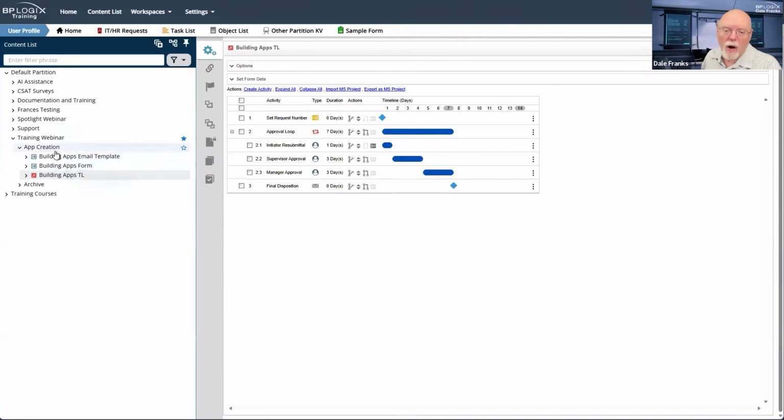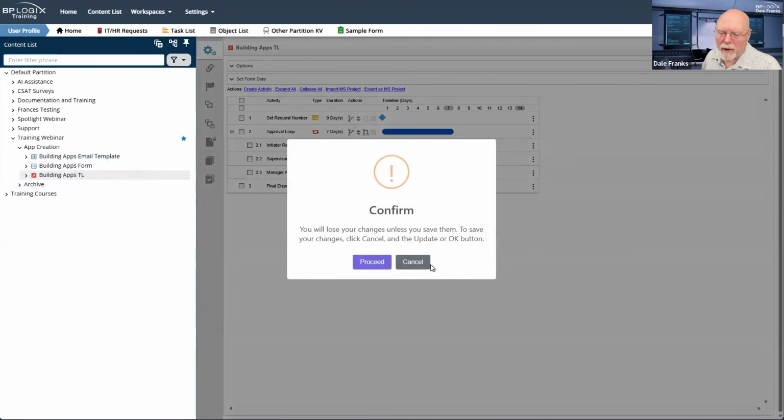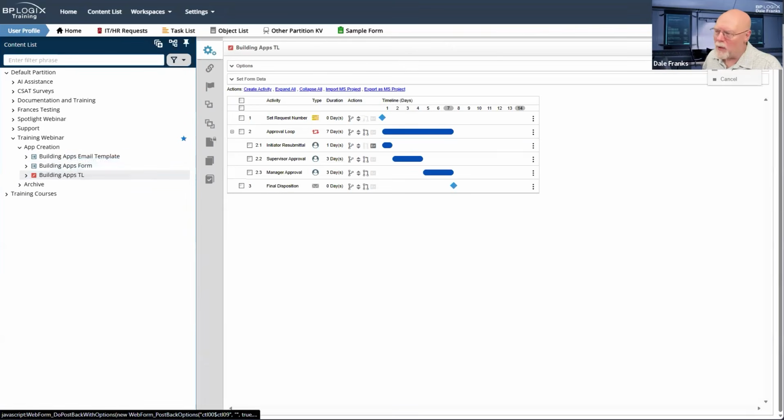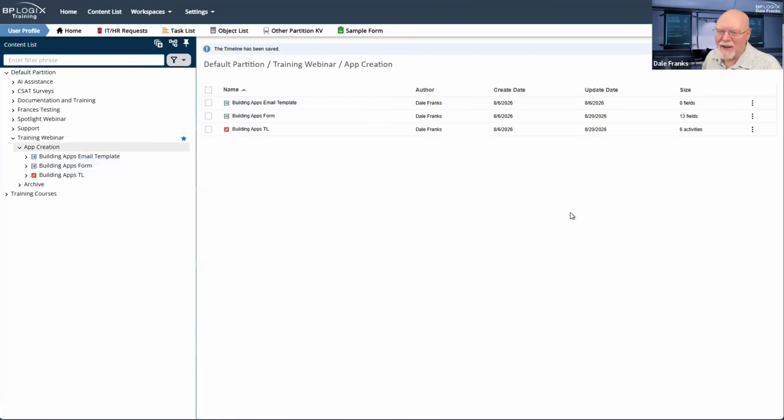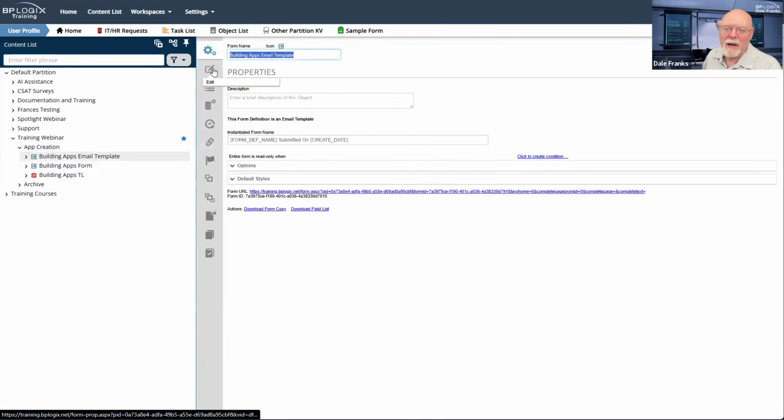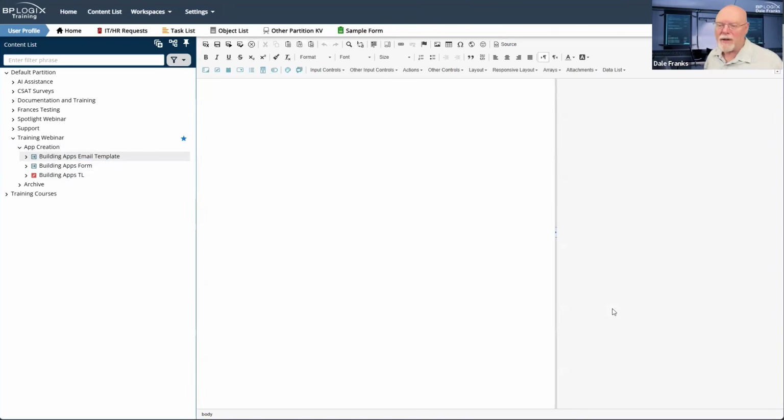So we know the 3 basic scenarios that we have. So let's build an email template. I probably want to save this. So let's save that. And now let's go and build our email template, which, as we mentioned previously, is blank.